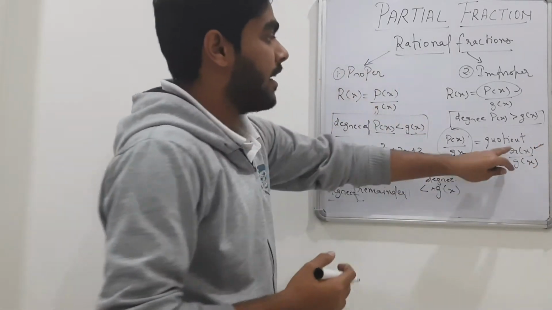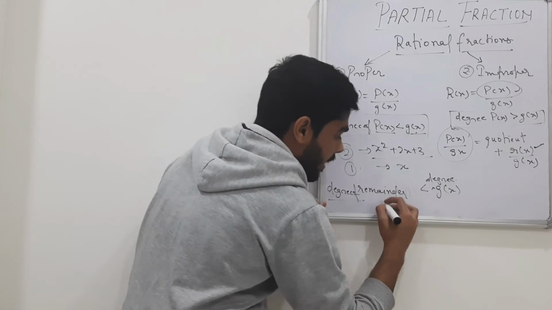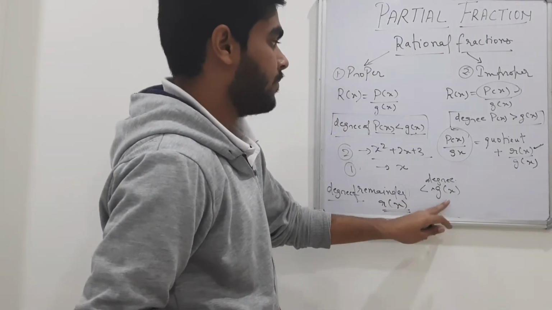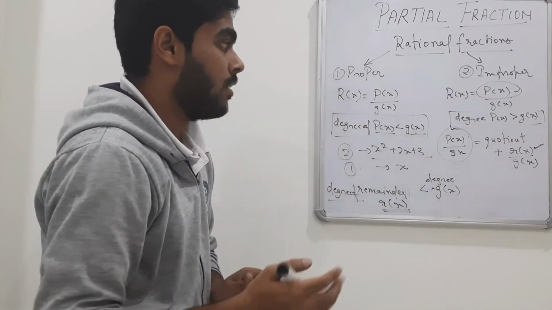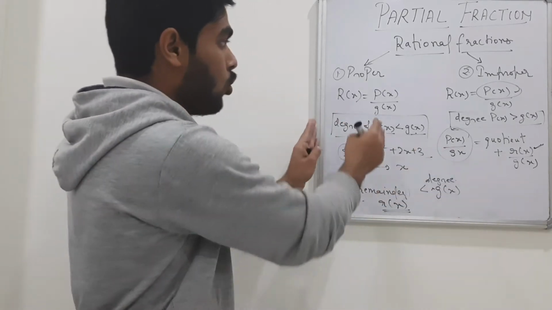क्योंकि इसकी जो डिग्री है वो कम होगी। हमको ऐसे डिवाइड करना है कि जो rx की डिग्री है, रिमाइंडर की डिग्री है वो कम हो gx से, जो हमारा डिनोमिनेटर था। तो ये बन गया प्रॉपर रैशनल फ्रैक्शन। फिर उसके बाद जो मैं इंप्लीमेंटेशन बताऊंगा फिर उससे ये सॉल्व होगा।